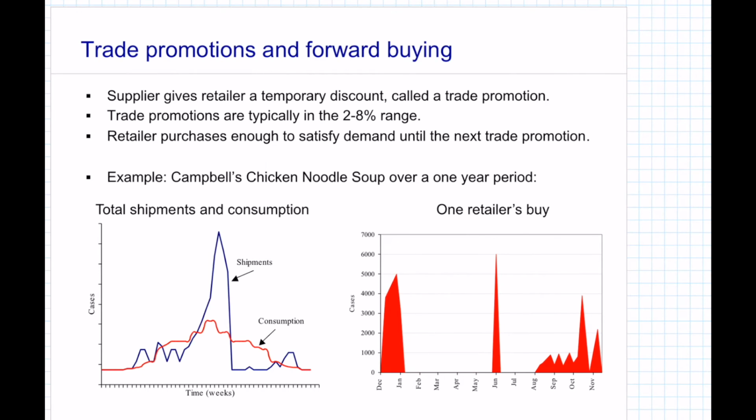Sometimes suppliers give retailers temporary discounts, which are also called trade promotions, and these are typically in the range of 2 to 8%. So retailers purchase enough to satisfy demand until the next trade promotion. What happens when trade promotions are available? One retailer's buy may look like this. So they purchase when there is a promotion or discount, and then there is a lean period where they do not do any purchase, and then again you see a spike indicating some kind of discount was available